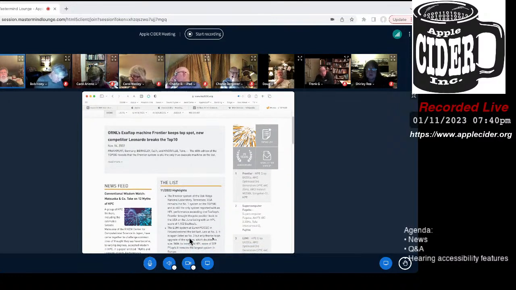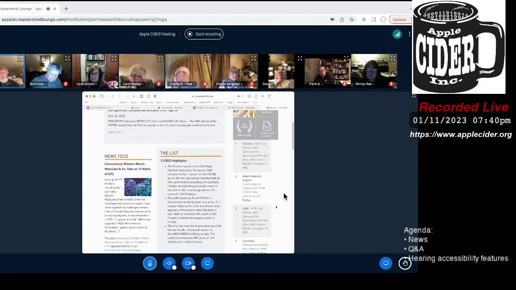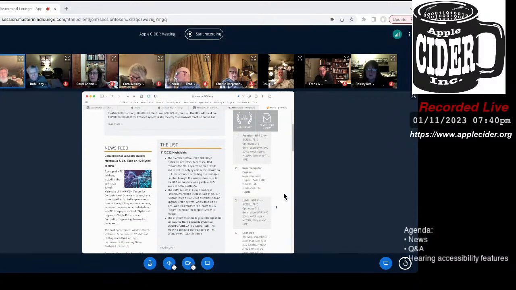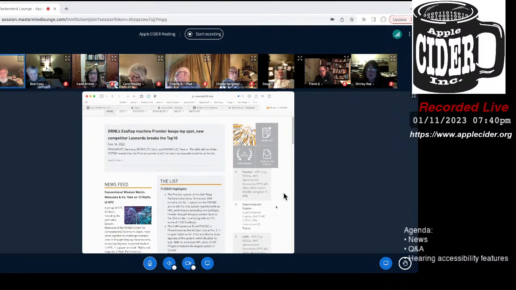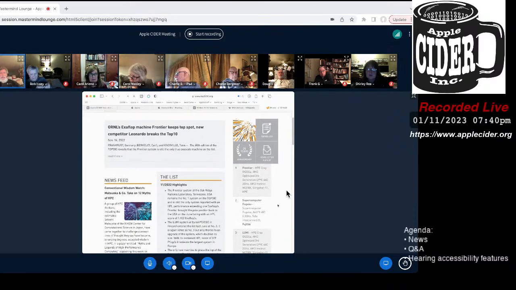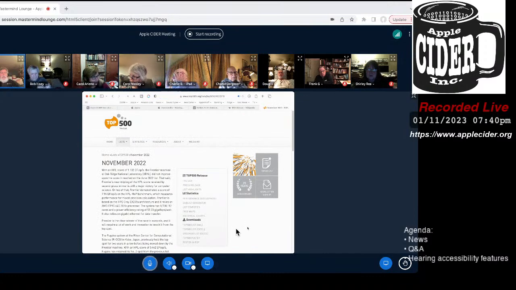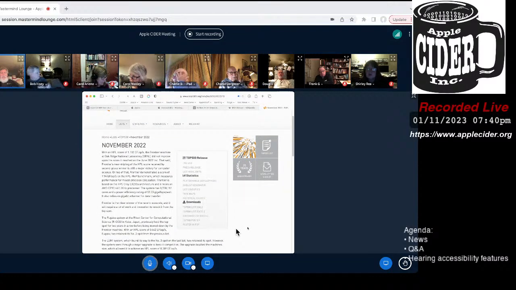So this Top 500 shows the fastest supercomputers in the world, and I think they hit number 6, and they only spent like $10 million. Most of these supercomputers are in the hundreds of millions of dollars, and so it made an interesting comparison. And when they took down the supercluster, they sold it to the public, so people had a chance to buy a computer that was part of the supercluster.